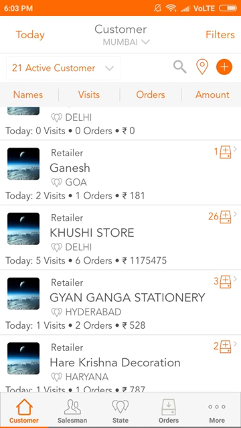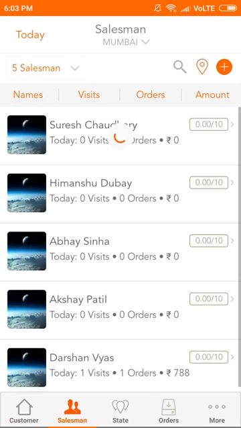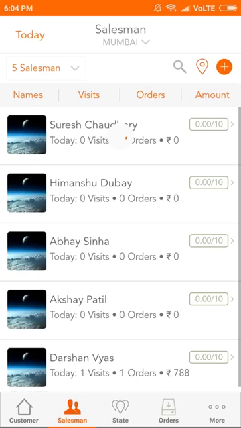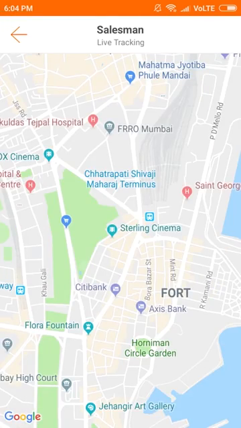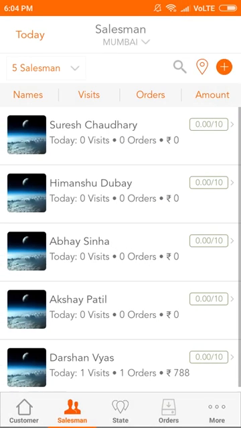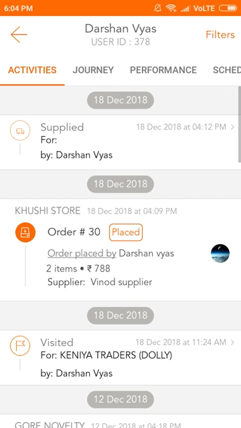Now we will move on to the second tab, that is Salesman tab. Real-time analytics of each salesman is visible here. Click on Add icon to add a new salesman and add his details. Click on Map icon for live tracking of each salesman. Once you click on a particular salesperson, the list of activities performed is visible.